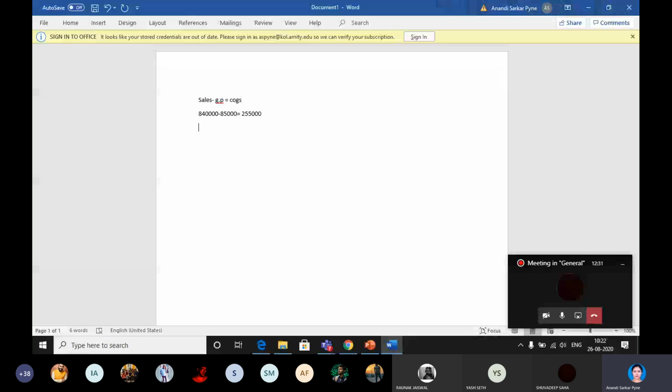So we are going in the opposite direction. We are coming from sales. Sales less profit, we are getting the total cost, that is cost of sales. Since cost of selling and overhead expense is not here, we are considering cost of sales as cost of goods sold. Now from cost of goods sold, we will add the closing stock of finished goods. What is the closing stock of finished goods? 1,19,000. So we will add the closing stock of finished goods at 1,19,000.